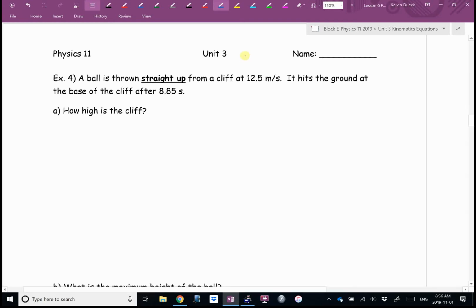Which variable is height? Good. Technically a displacement. Are we ending up above or below from where we started here? I think below once it falls past us. Am I expecting a positive displacement or a negative displacement when I calculate this? So am I going to freak out if I get a negative answer? No, I'm going to relax.